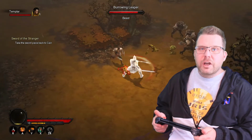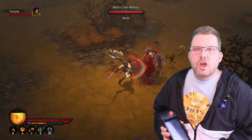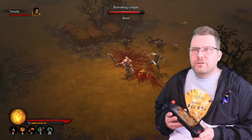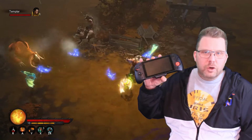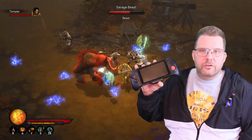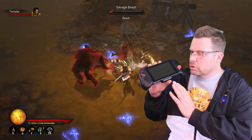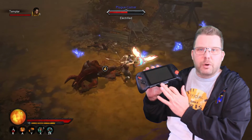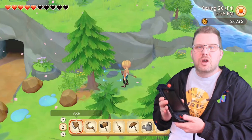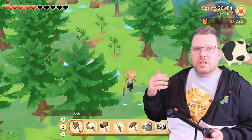So, moving on to something else that's really important. A lot of people are concerned with input lag, or latency as it's called, and a lot of times you get that with wireless controllers, but the thing to realize with this, and you can actually see it in the setup, is that this is a wired controller. This is not Bluetooth. This does not communicate via Wi-Fi or Bluetooth or anything. It actually plugs right into the USB-C on the bottom of the Switch, and you toggle on wired controller settings in the Switch, so there is virtually no latency that I can detect, and I've actually captured some footage